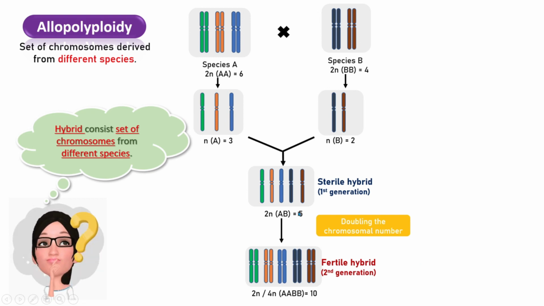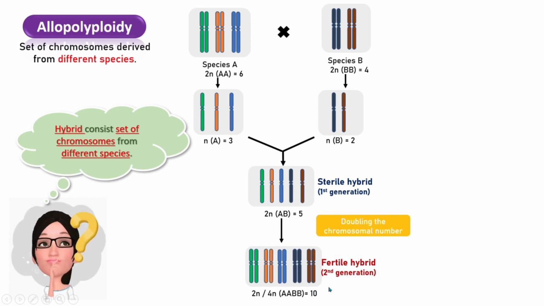So what happened to the sets of chromosomes after the chromosomal number is doubled? Now we can see here each chromosome has its homologous partner. Hence, this cell has 2 sets of chromosomes, 2n or 4n,